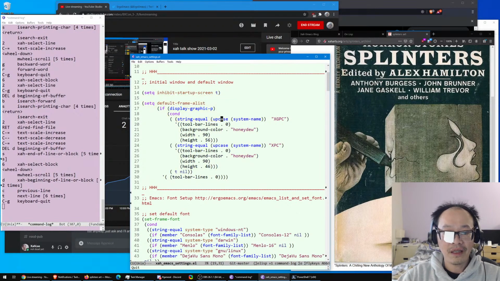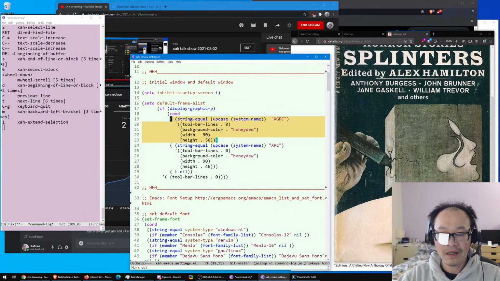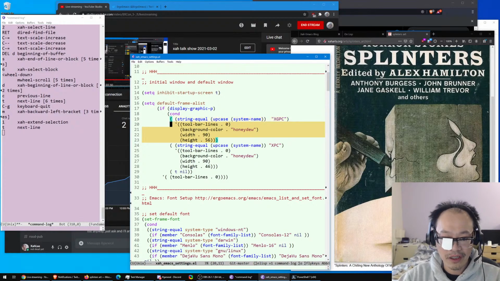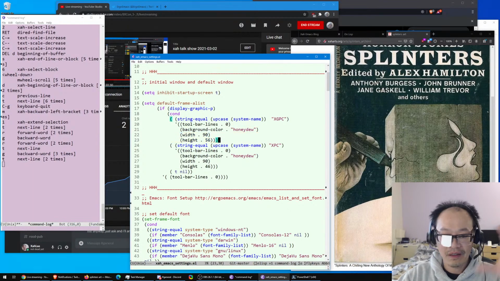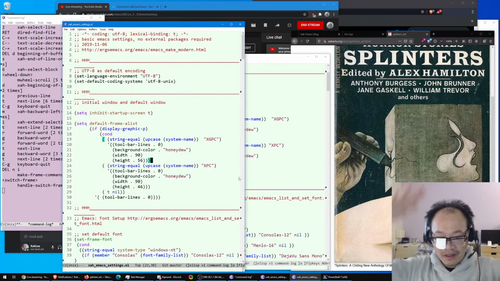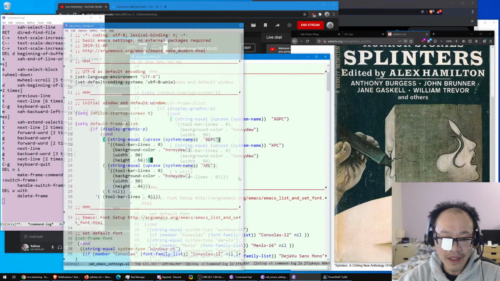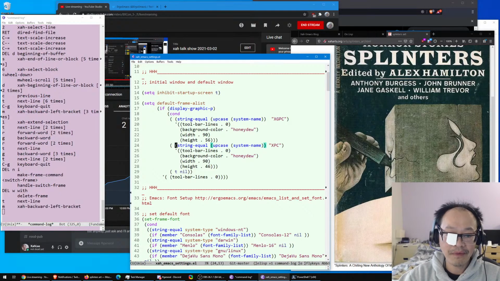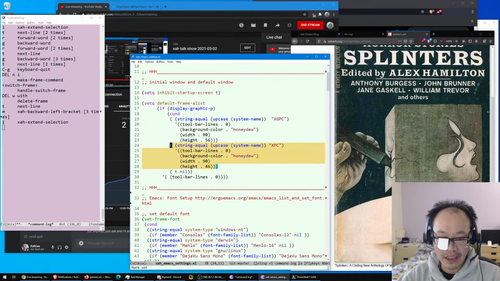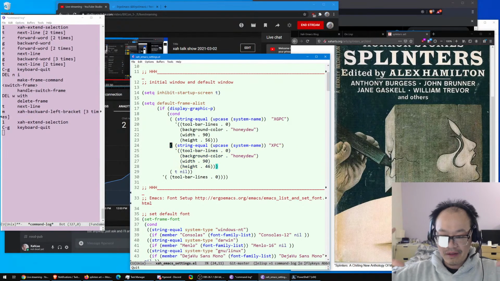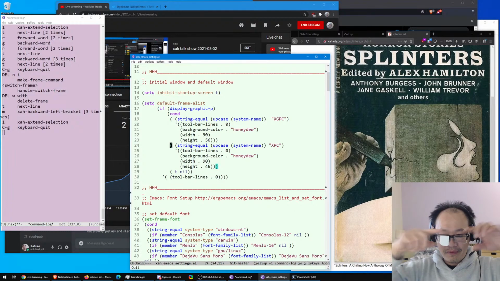So you see, on one of my Windows machines, I remove the toolbar and set the background color, then the width and height of the window. For example, I can open a new window, and there's a default width and height. But if I'm on another machine, this XPC, which is another Windows laptop